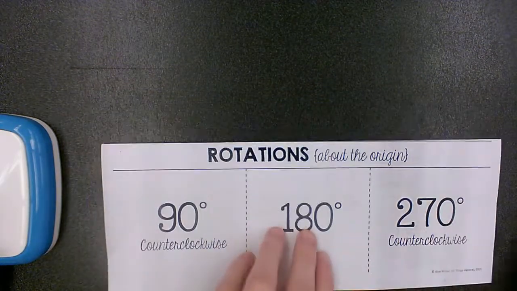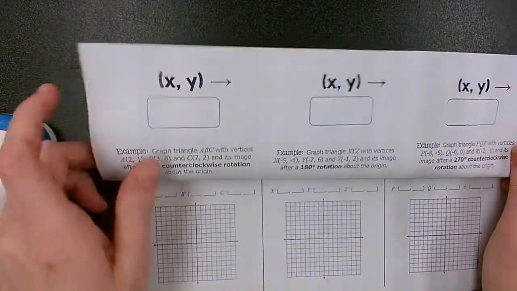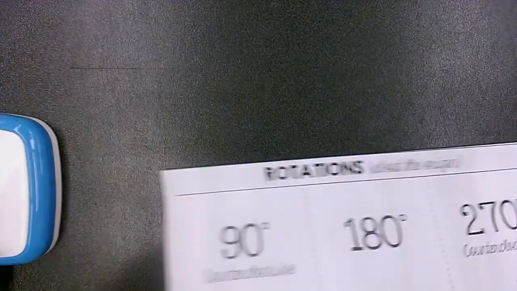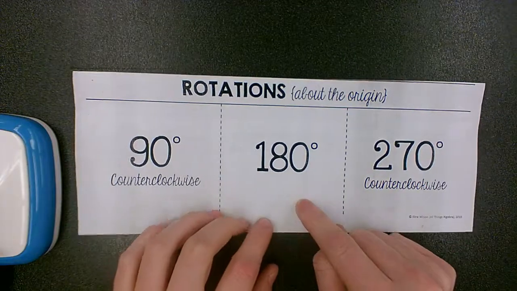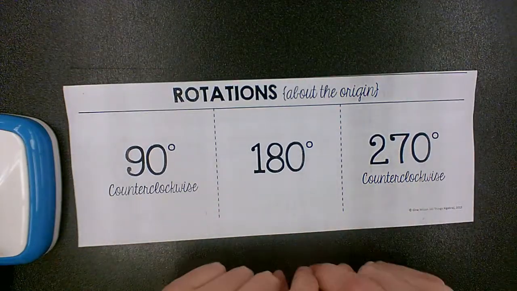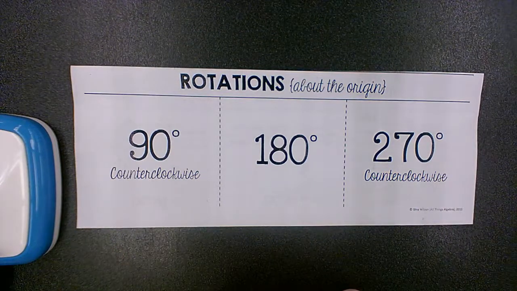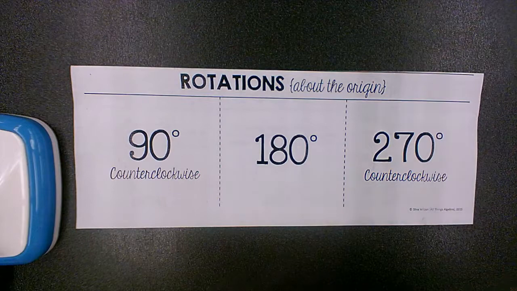Okay, and you can cut these flaps here and glue so that it's a nice little foldable that you can have to review rotations. So we have 90 degrees counterclockwise, 180 degrees. Either way we go on a clock, it's going to end at that same 180 degrees. So if I thought about this like a clock,